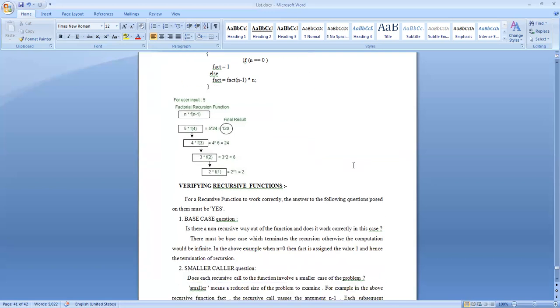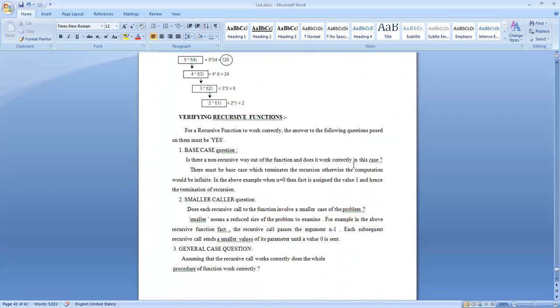Now, you want to verify the function that you have written as a recursive function. How to verify your recursive function? First of all, you should ask yourself 3 questions.